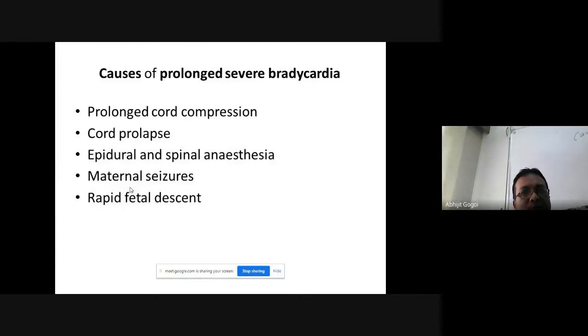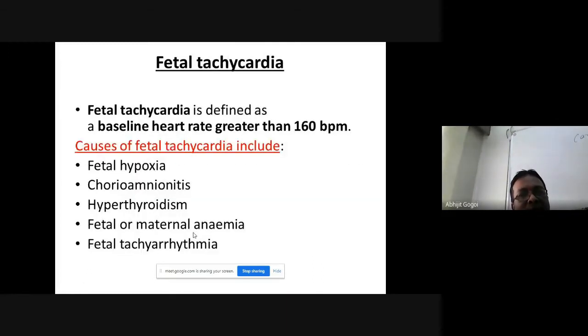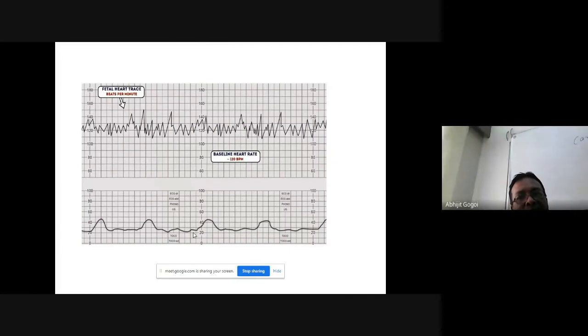But if the bradycardia is present constantly throughout the 20-minute session, with the rate less than 100. Look here: severe prolonged bradycardia, less than 80 for more than 3 minutes, indicates severe hypoxia. Okay, fine. But if it is less than 100 in the whole 20-minute session, then